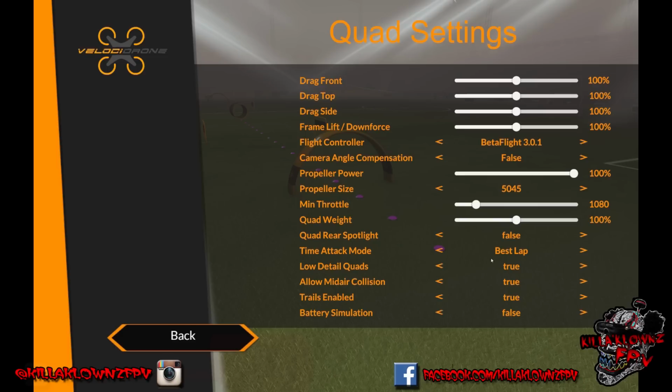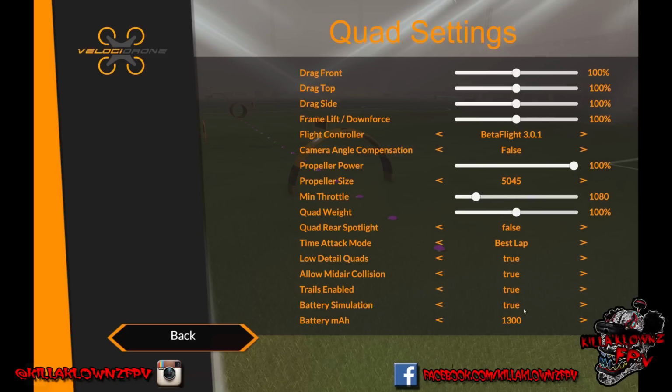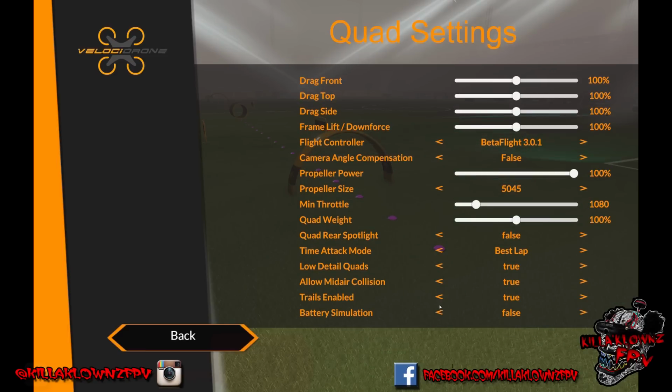Time attack mode counts your best lap. Low detail quads, that's for the other people. Mid-air collisions, you can set them on whatever trails, so you can change whatever you want. Battery simulation: whatever battery you fly with, you can set it to true, which would be on, and then you can set it to 1500, 1300, 1800, so the most common race packs, to simulate weight or